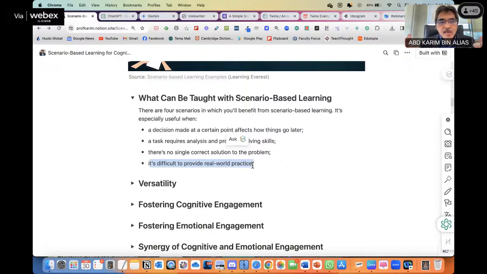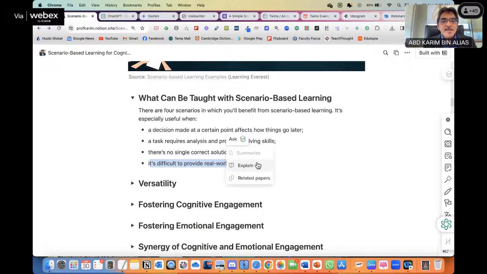Imagine if you want to take the students to an oil rig to teach them how petroleum is extracted. It's not easy to bring them over there. There are a lot of security issues and so on. But with scenario-based learning, we can simulate the situation, the scenario, in a safe environment. And we can still teach them the concepts, the principles, the problem-solving skill, and so on.